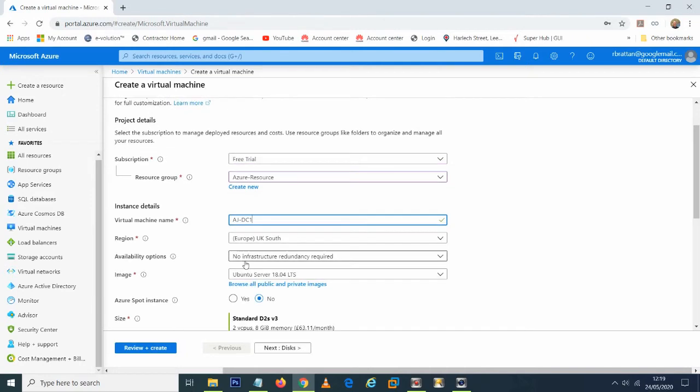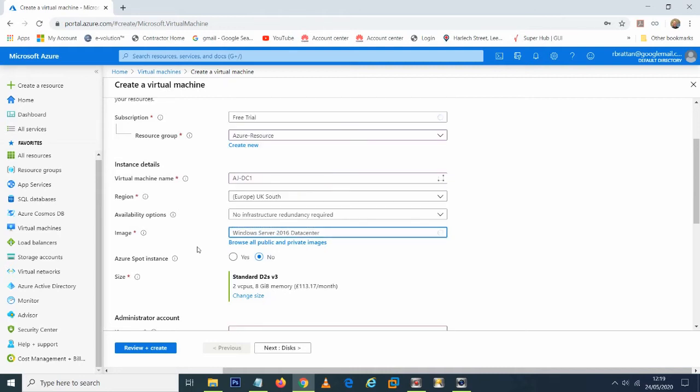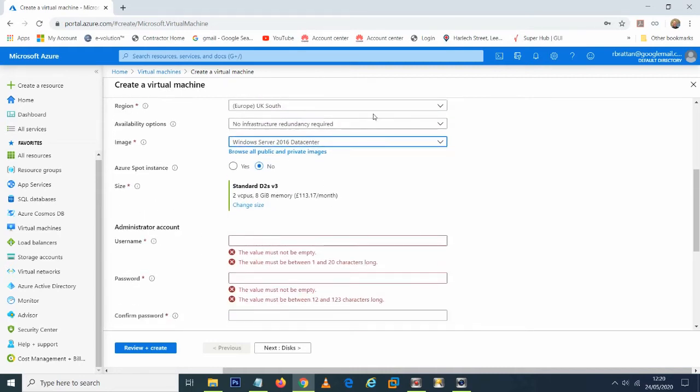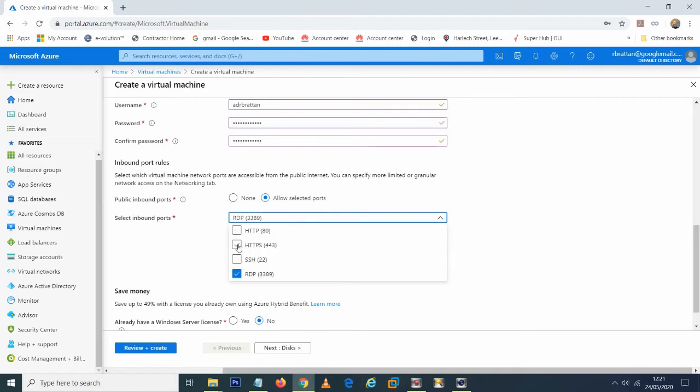Give it a name and then select the operating system which you would like to be using on your virtual machine. I'm going to be using the Server 2016 server, and then you put in your username and password. Once you put your username and password in, you need to select on here how you're going to connect to the actual virtual machine. So I'm going to click on